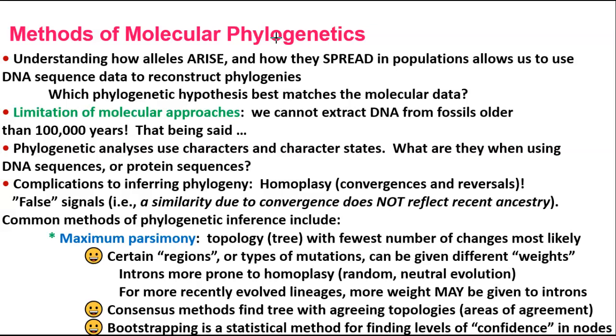Since homoplasy is a real phenomenon in life, that is, similar character states can evolve in different lineages independently, or there can be losses or reversals of character states. That complicates phylogenetic approaches, and the principle of parsimony helps us to find the cladogram with the fewest number of